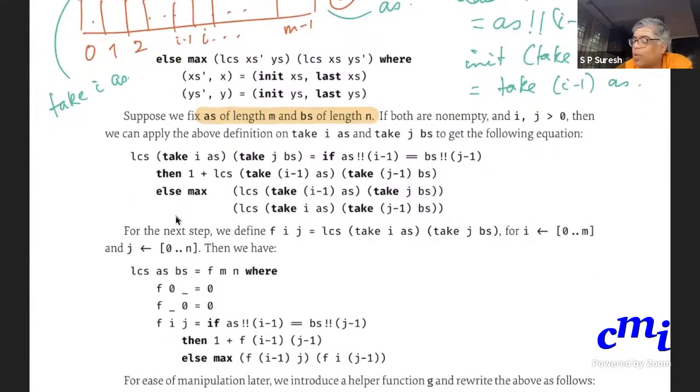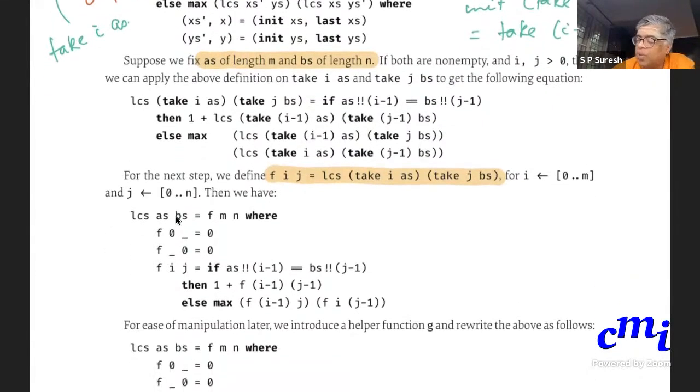Now, therefore, what we will do is, instead of saying LCS of take i A's, take j B's, we will call it F(i,j). Okay, by F(i,j) we mean LCS of take i A's, take j B's. And we can do this for every i from 0 to m and every j from 0 to n.